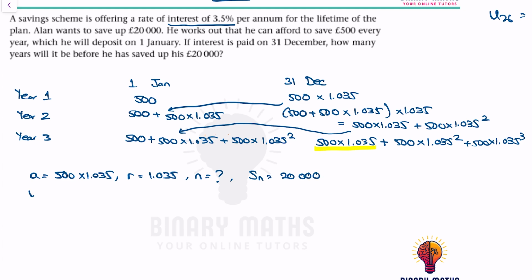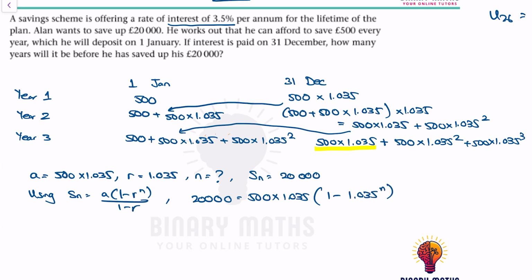Using Sn equals A times 1 minus r to the n over 1 minus r, you get 20,000 is equal to A, which is 500 times 1.035, times 1 minus 1.035 to the power of n, all over 1